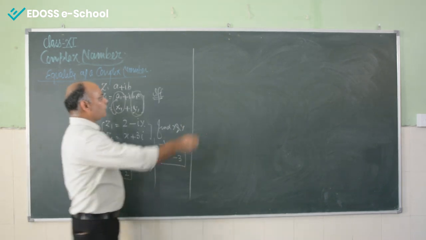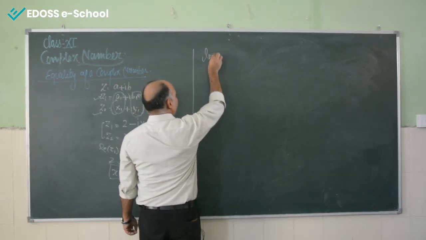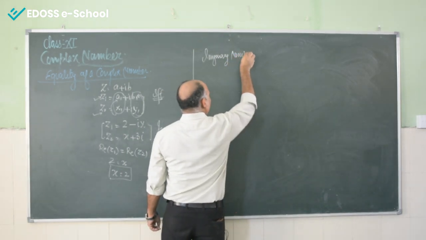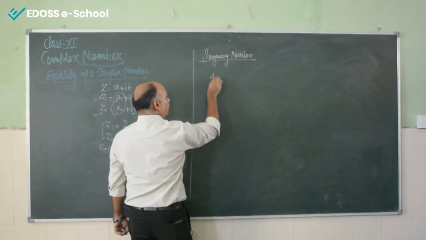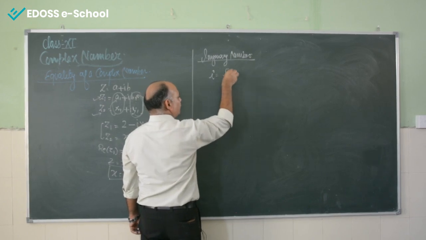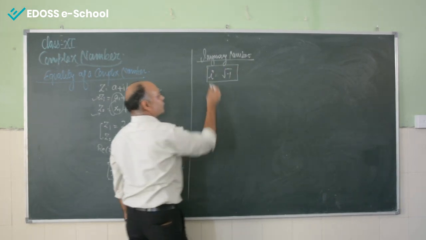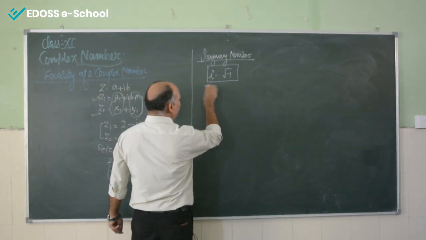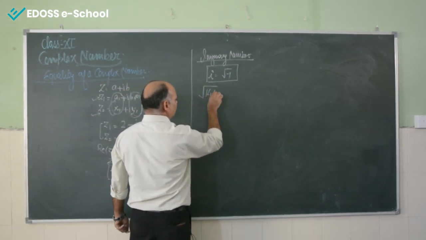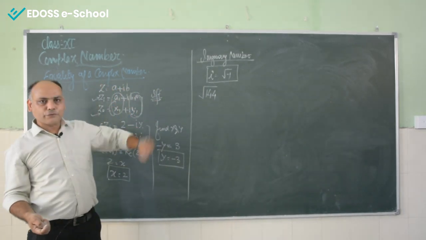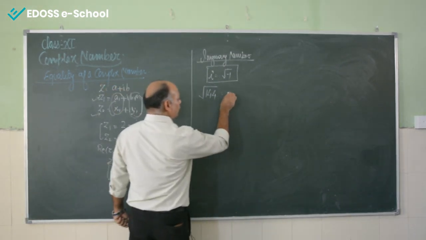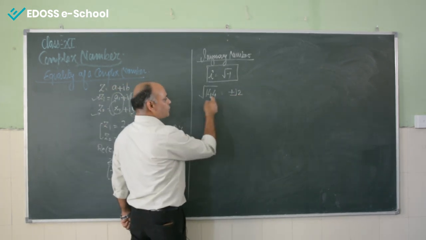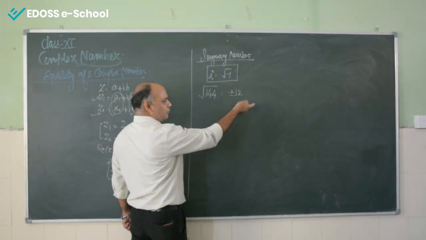imaginary numbers. I have already told you about imaginary numbers. I told you that iota is equal to under root of minus 1. Suppose I want to find the value of under root 144. This is a simple case. Under root of 144 will be plus minus 12, because the square of 12 is equal to 144 and the square of minus 12 is also equal to